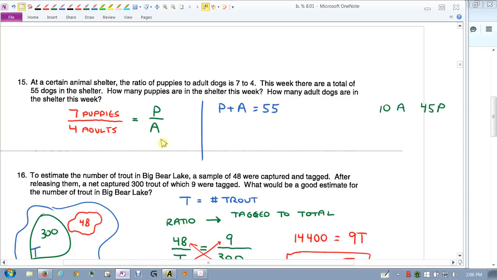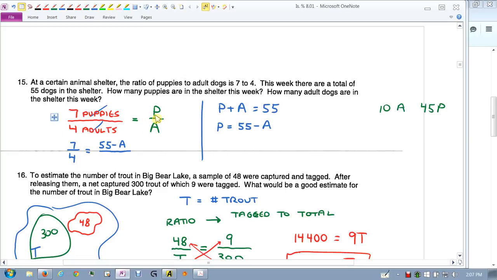Okay. All right, so I'm just going to choose to come over here and say that P is equal to 55 minus A. So what did I do to get to this? Subtracted A on both sides. Now, I don't know what P is because I don't know what A is, right? Can't tell you what P is if I don't know A. But if P has to be 55 minus A, come back to this equation and rewrite it. And let's forget the puppies and adults for now. Let's just write 7 over 4 must be equal to, what's P though? It's not just P. It's 55 minus A over,